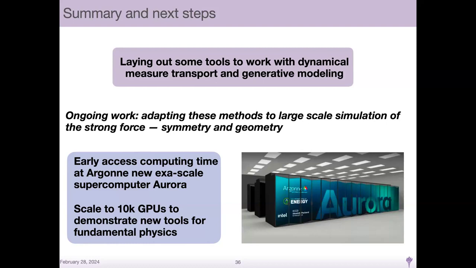And we want to rephrase that as a generative modeling paradigm. This is something we've been working on for about 4 or 5 years now, but the methods always sort of evolve as you do this. And so, we're hoping to have some good results about this in the next year or two as we scale this up to the Aurora supercomputer at Argonne National Labs.